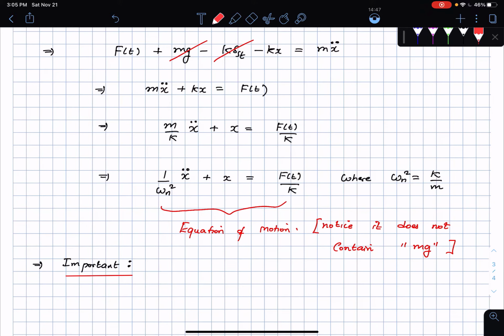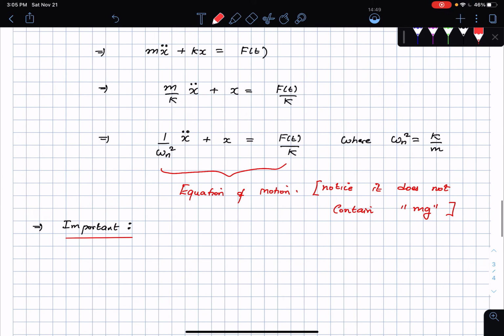So which implies that when a mass moves in a vertical direction, its weight can be ignored